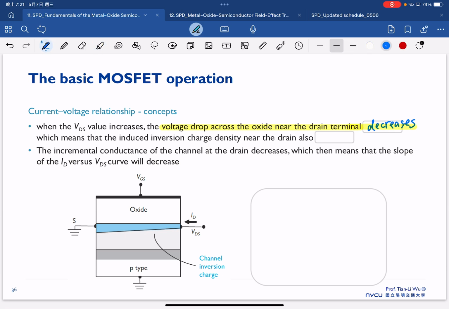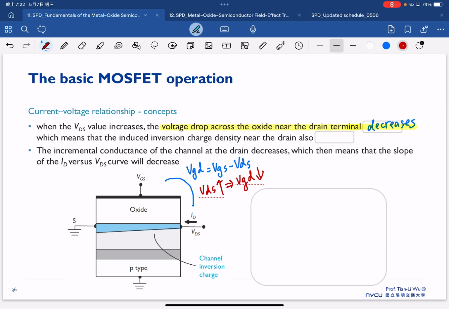This is because if you consider the voltage difference between the gate and the drain side, VGD is equal to VGS minus VDS. So now if we increase VDS,